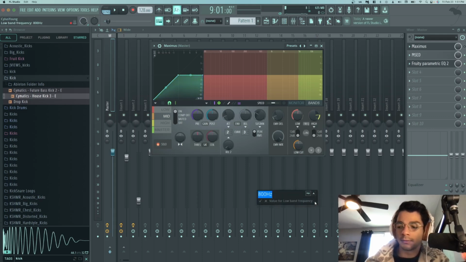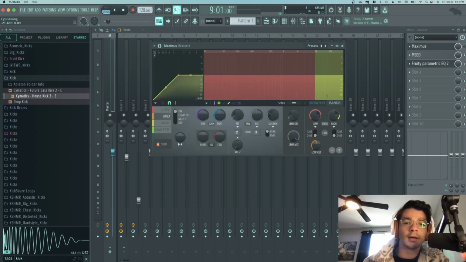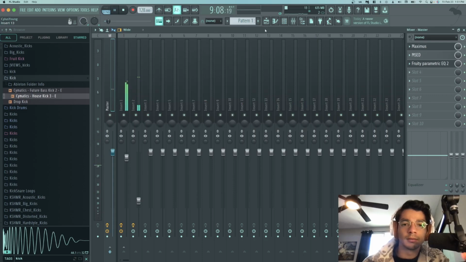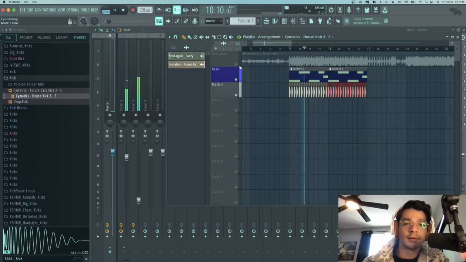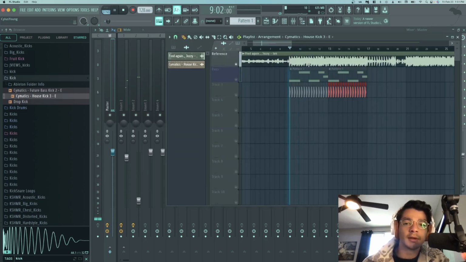We would go from 5,000 all the way to the top here, which is like 20K. And make sure we would select that. And we're not even going to hear anything because we've already muted the lows, but in this song,